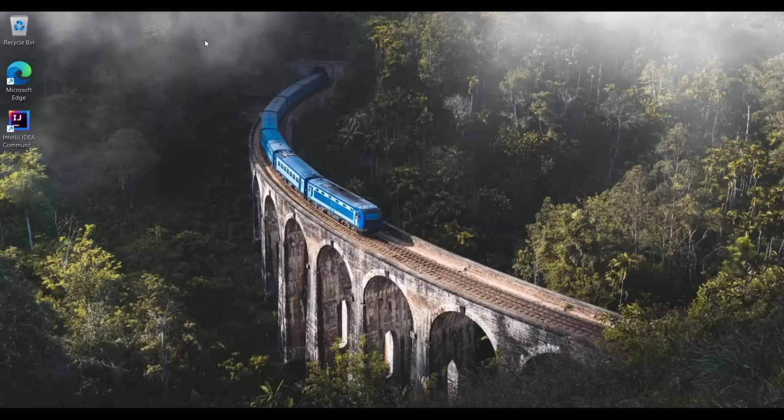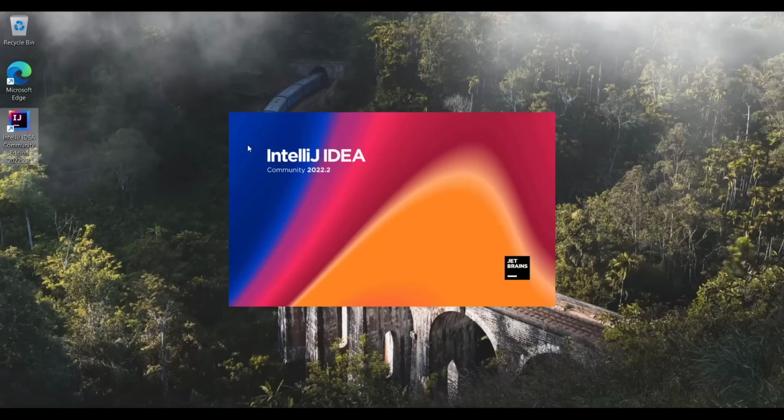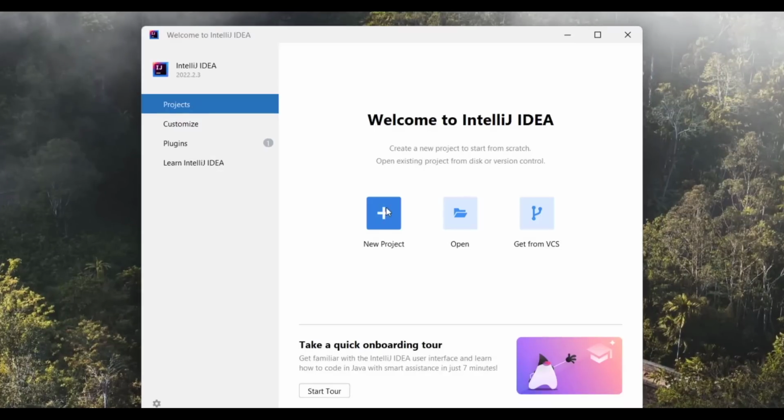Alright, now it's time to create our first program. And there is a tradition in programming that our first program should be to output the text hello world in the console. And this is what we're going to do in this video. Therefore, I'm going to open IntelliJ IDE. You should open your IDE. Click on create new project on the plus button.